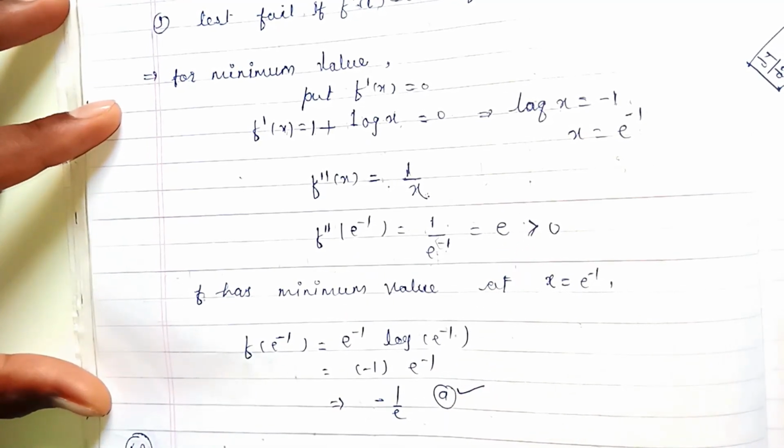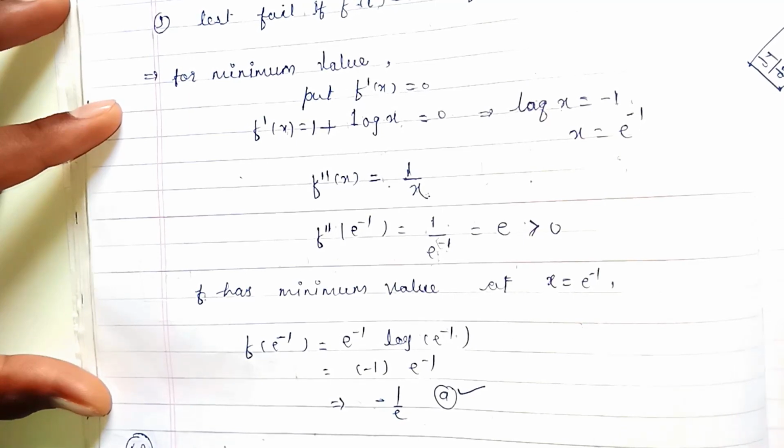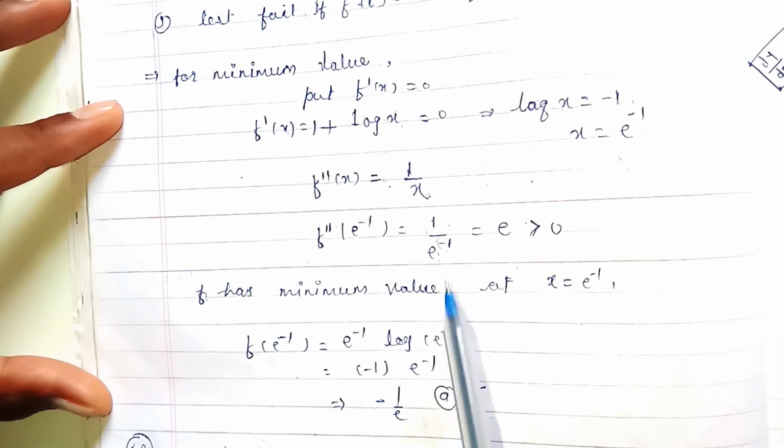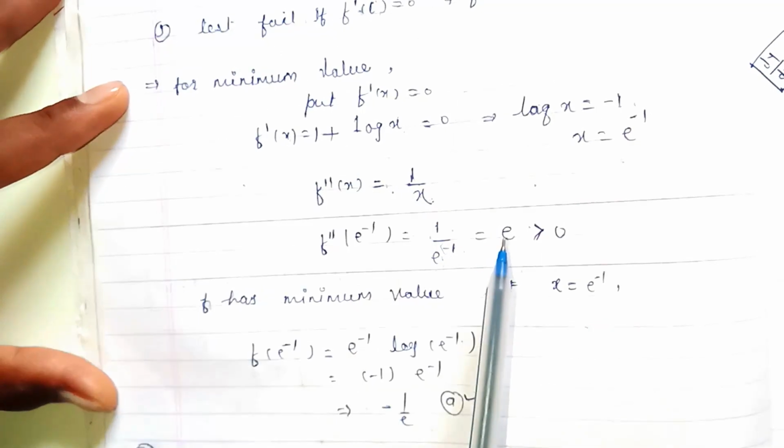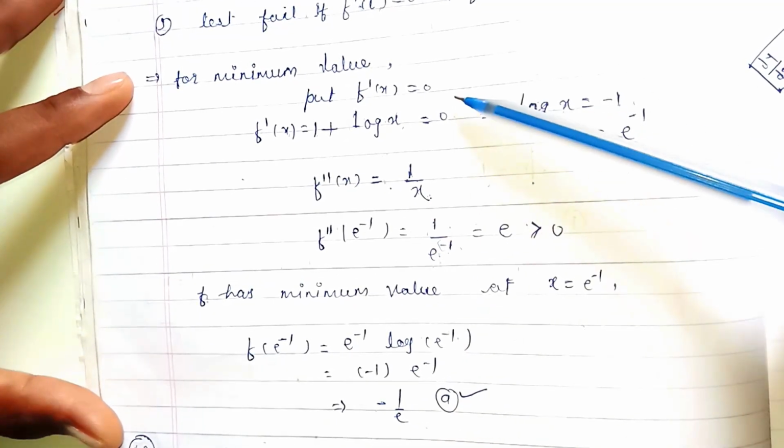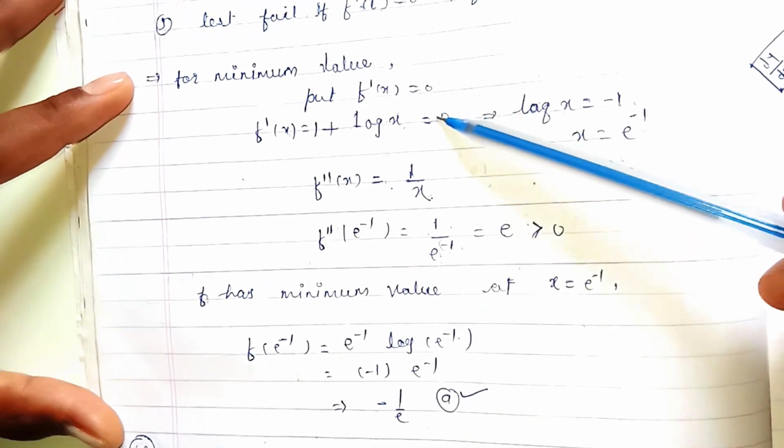a 2.7 something value, okay? E has some value like 2 point something. That means this is a positive value, and an exponential term is always positive. So the exponential term e is always positive, so it is strictly bigger than 0. That means it represents that f double dash of x, when we apply 0, we get the value